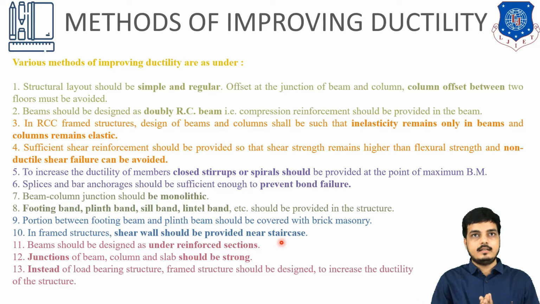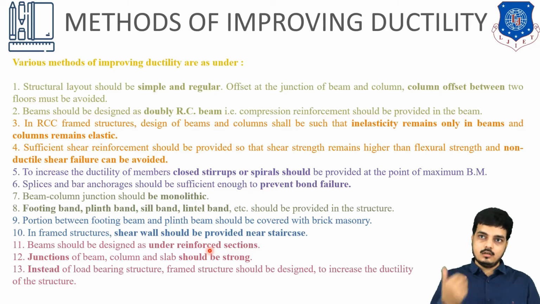This is of prime importance, the minimum requirement in a frame structure for more than G plus 3, like G plus 7, G plus 10, G plus 15. Now the shear wall is provided around the lift well, and around it we are providing the staircase also. So it is important. The beam should be designed as an URS, under reinforced section, so it will have a ductile failure. In an under reinforced section, the steel will reach its capacity first before the concrete. So the steel will give us time, a warning to evacuate the building.